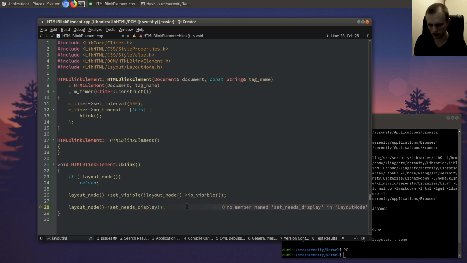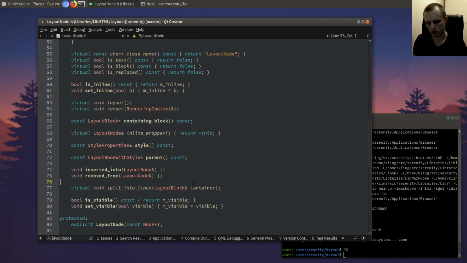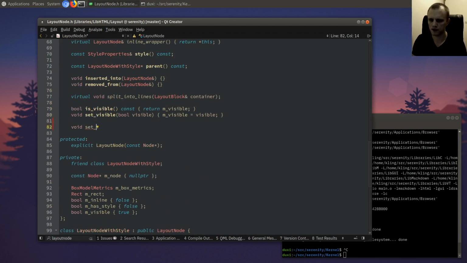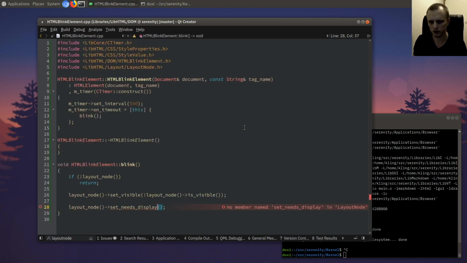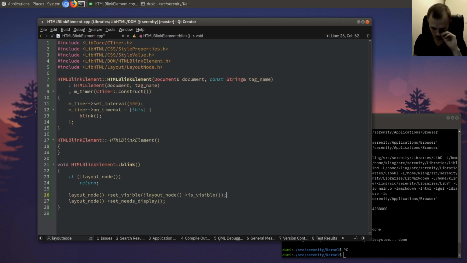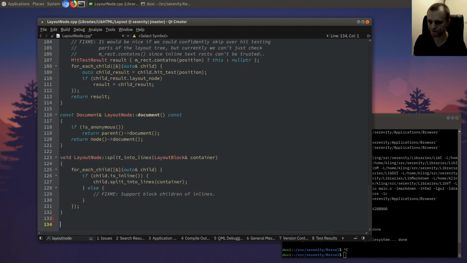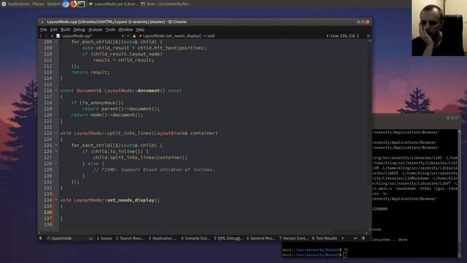So I think set needs display is a pretty good name. Or invalidate, actually. Invalidate is pretty good too. But set needs display is even better. Okay, so let's go with that for now. Set needs display. And what we're going to do in this little helper function is set needs display. So we want to get to the